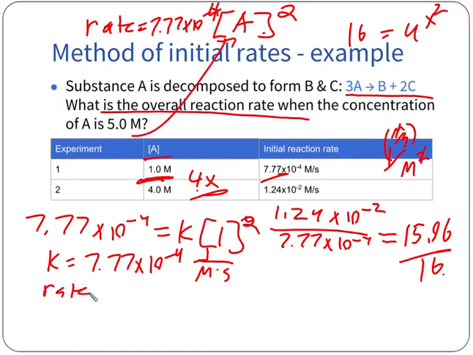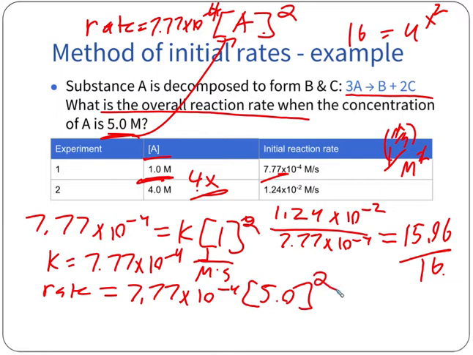So rate is equal to 7.77 times 10 to the negative 4th times the concentration of A, which we said was 5 molar, squared. And so all we got to do is say 5.0 squared here. So it's 25 times 7.77 times 10 to the negative 4th. And so when I do that, I get a rate of 0.019425